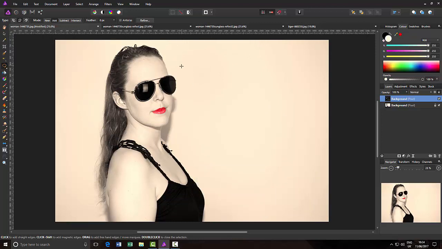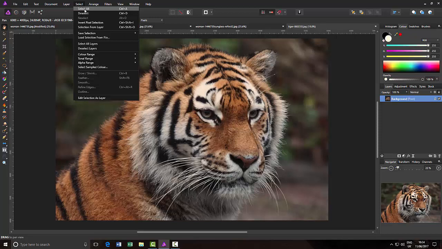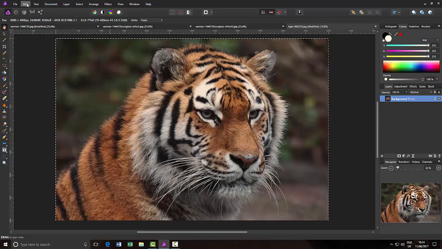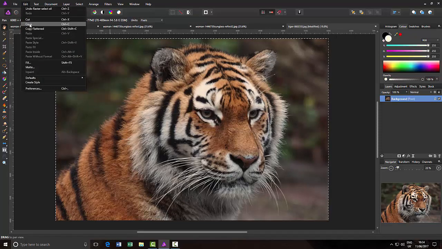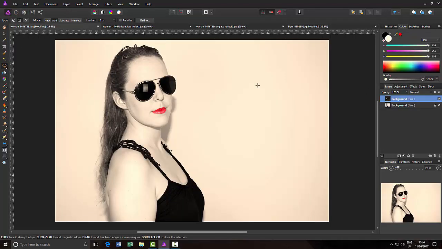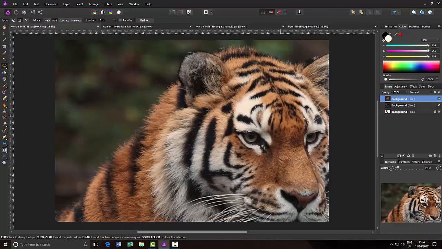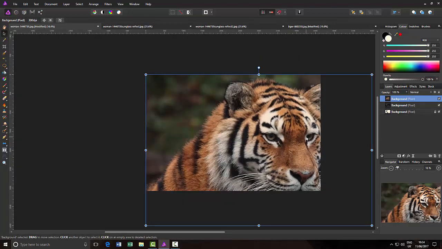And now we need the image that we're going to add as a reflection. Like I said, I'm going to use this tiger image. I may keep it colour or I may make it black and white, depends on how it looks as I go along. So I'm going to come to select all, edit, and then copy, come back to my start image, and then just come to edit and paste. Then come to the move tool, and I'll just zoom out a bit so we can see